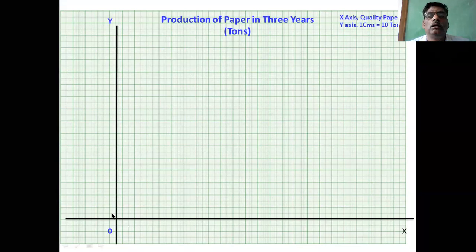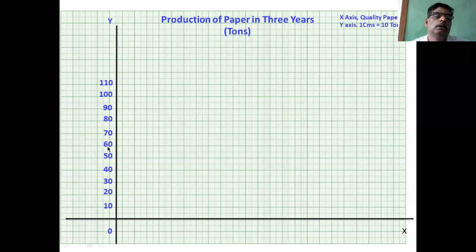Okay, 0. You take the multiples of 10: 10, 20, 30, 40, 50, 60, 70, 80, 90, 100. 100 is enough because the bar is not more than 100 units. Simply I have taken the other values also. Up to 100 is essential. 10%, 20%, 30%, 40%, 50%, 60, 70, 80, 90, 100, like this. Like this you draw the